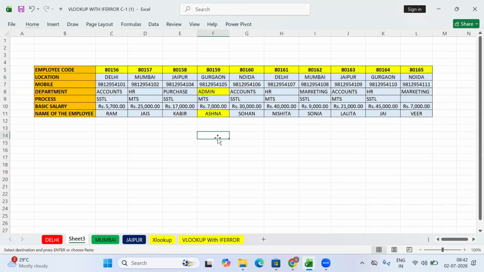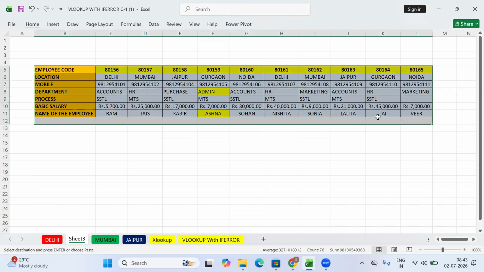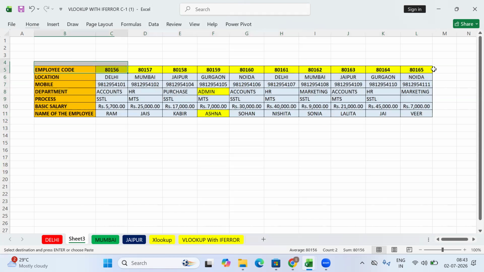See, in the professional world we always create a vertical table because a vertical table is very manageable. We can create pivot tables, we can create formulas, but for a horizontal table we are not able to create correct formulas and not able to create pivot tables. The main reason is a pivot table is not supported with a horizontal table. That's why we never use HLOOKUP.